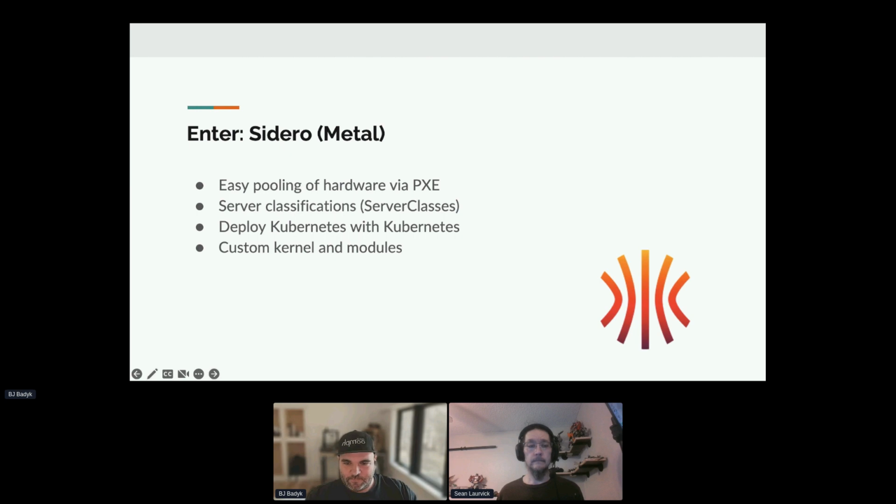Also, the ability to fairly easily go in and just tune the kernel and add extra modules. Sometimes we'll have new hardware that comes in and it's got a brand new NIC in it that, for some reason, support for that wasn't added, or perhaps there are new drivers. It's fairly straightforward to add support for that. So we were able to very easily do that with Sidero Metal, and it made it really, really easy.